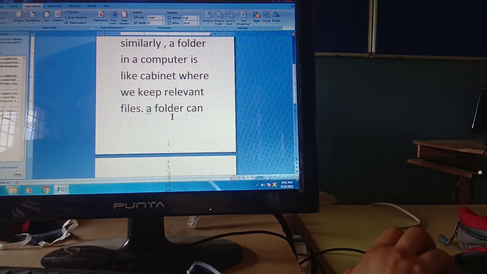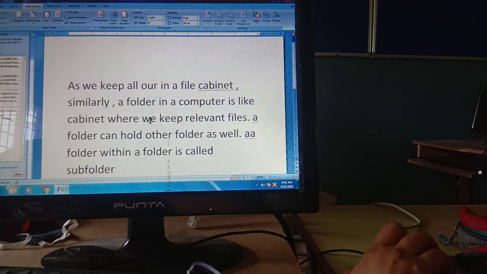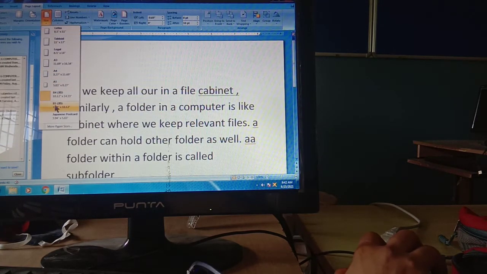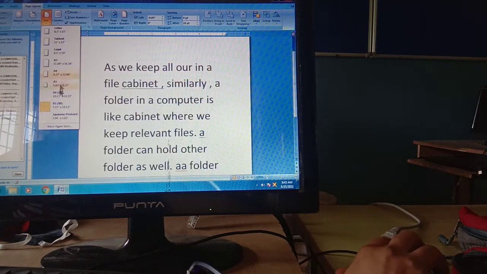And A5 is small. It is smaller than your normal size. And B4 is a little bit bigger. These are bigger width wise, and lengthwise they are a little bit less than your A4 size. No, bigger than your A4 size but less than your A3 size. So these are between A4 and A3. And B5 US size is also this. This is a very small size. Clear to everyone?